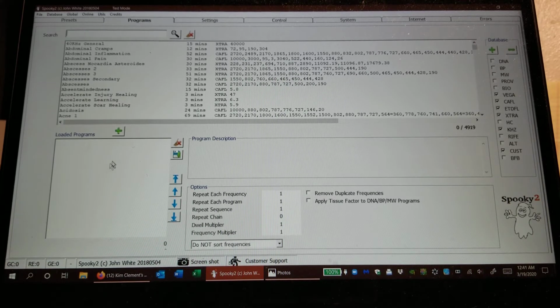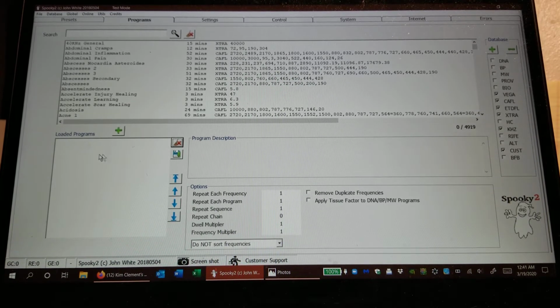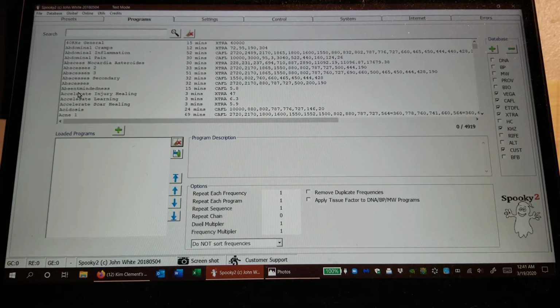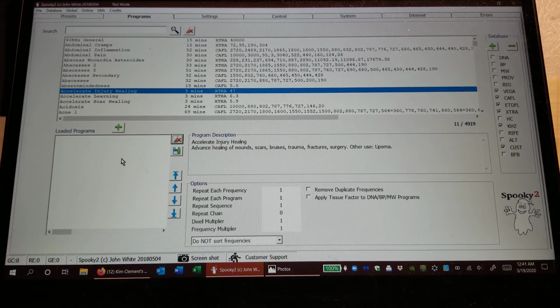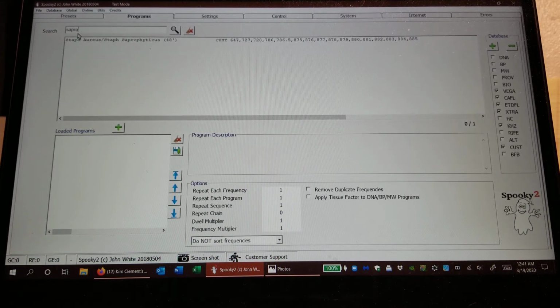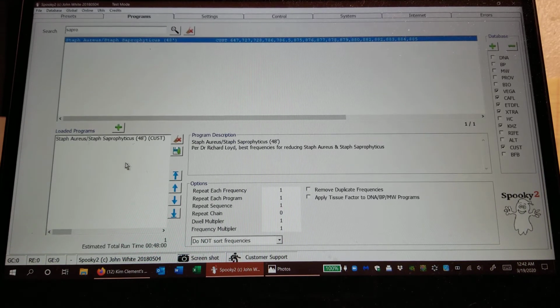So if there's something in this section, just hit the red X, okay? So for example, if that's in there, you just hit the red X. You want to operate with nothing in here. Okay, first thing I'm going to do, I'm just going to type in the most unusual word, and that's Sapro. So there's the custom program. There it is right there. Staph Aureus. Okay, so you're going to double click on it, and it's going to show up down here in loaded programs. Come back in to the search bar,